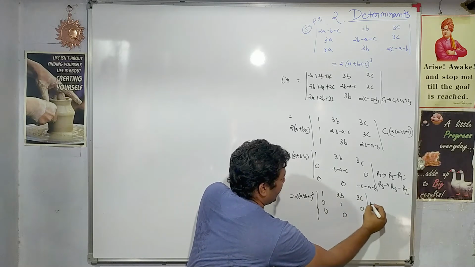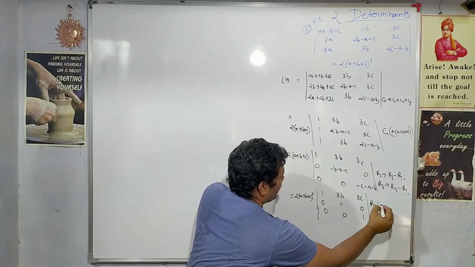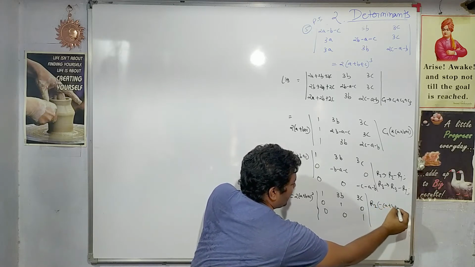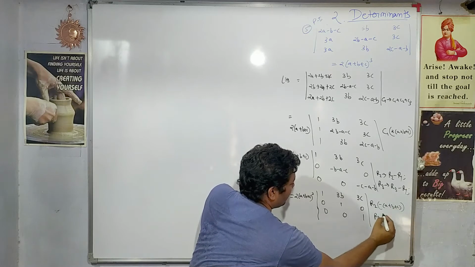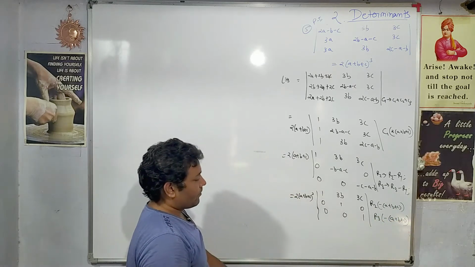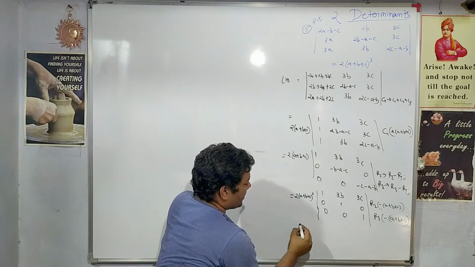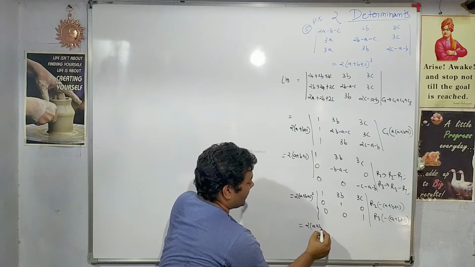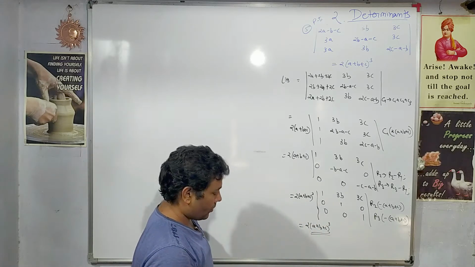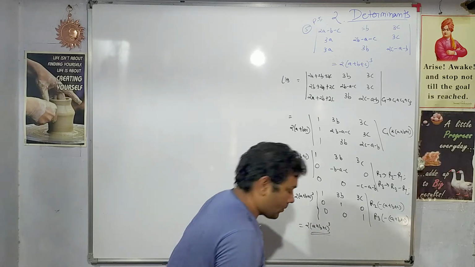What I have done is, from row 2 I have taken minus (a + b + c) common, and from row 3 also I have taken minus (a + b + c) common. Now if you evaluate this using Sarrus' rule, it will definitely give you 1, and hence this is the proof to the question. Next question,